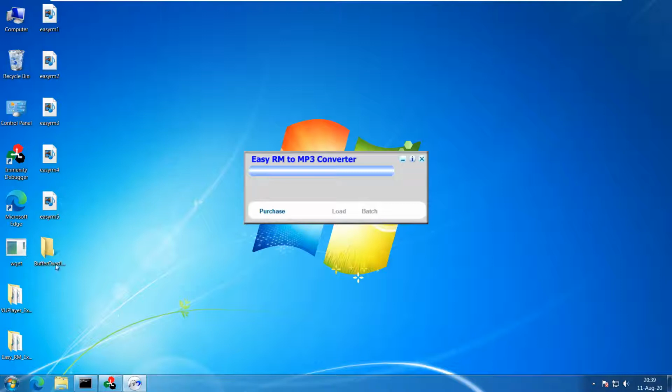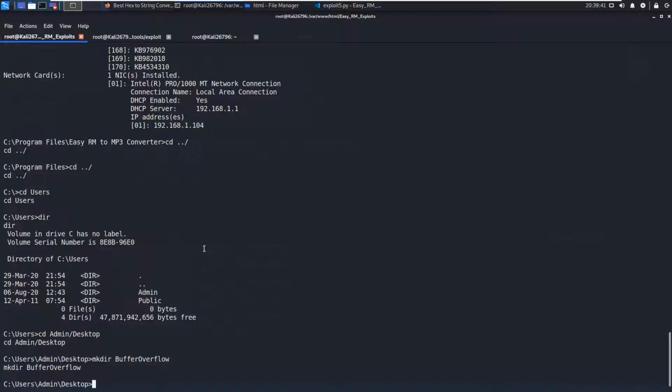As you can see, I'm able to fully access this system with the help of just a simple buffer overflow code.